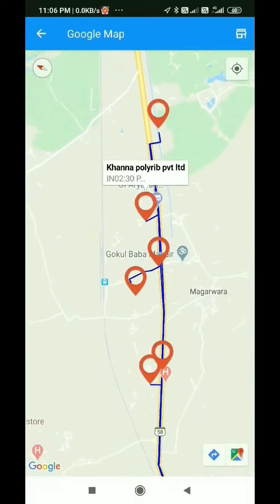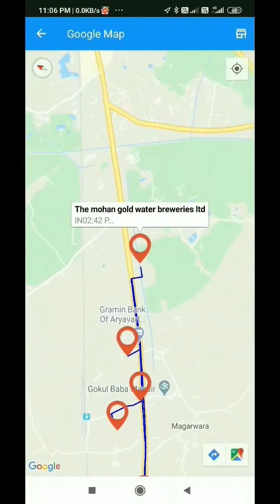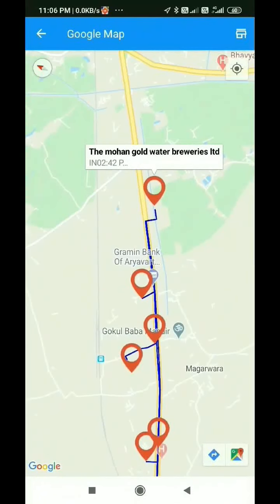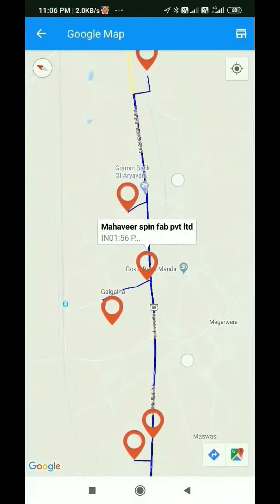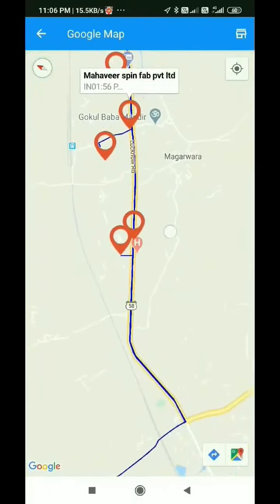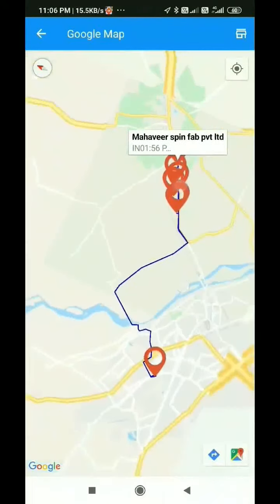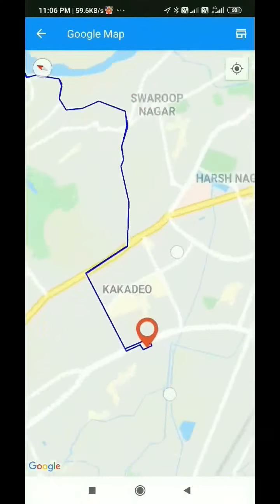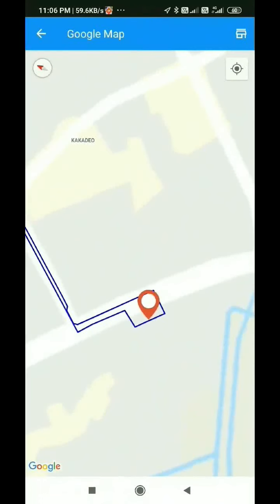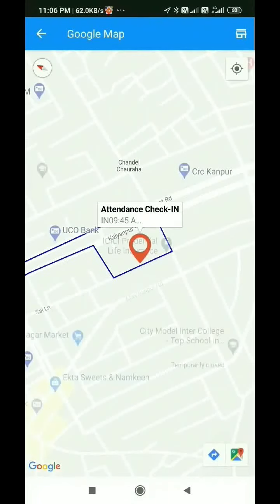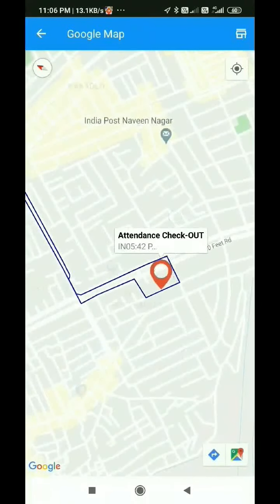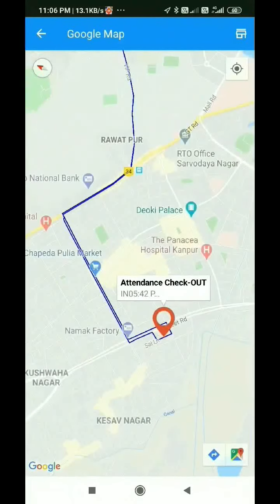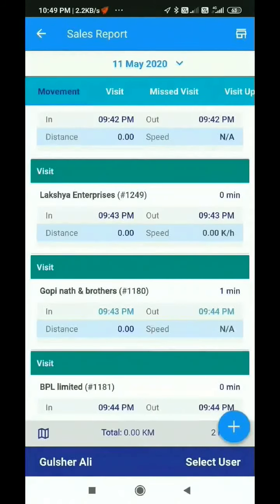So this gives your manager a map view of your day with the timings and the name of the customer. So it is a graphical sales report of yours, and it ends with where you ended your day with your attendance checkout.